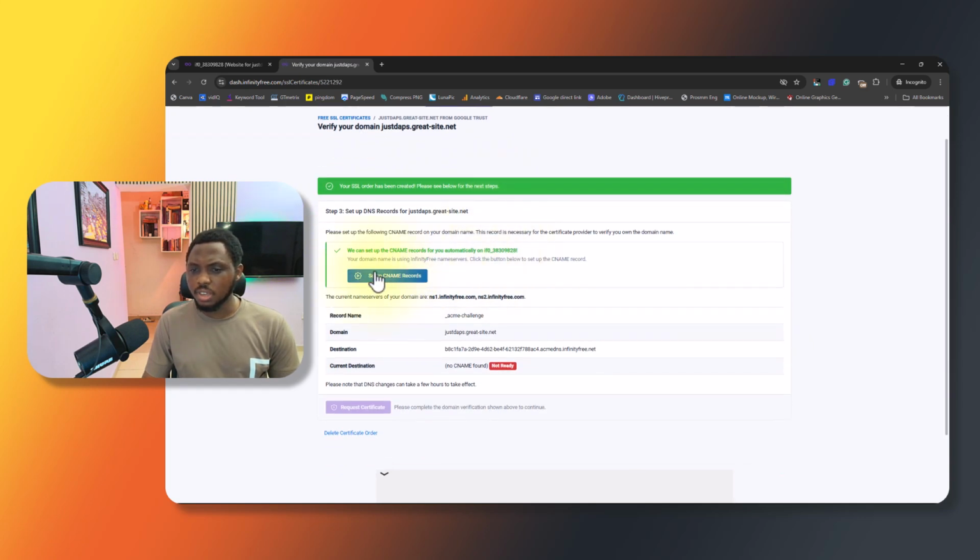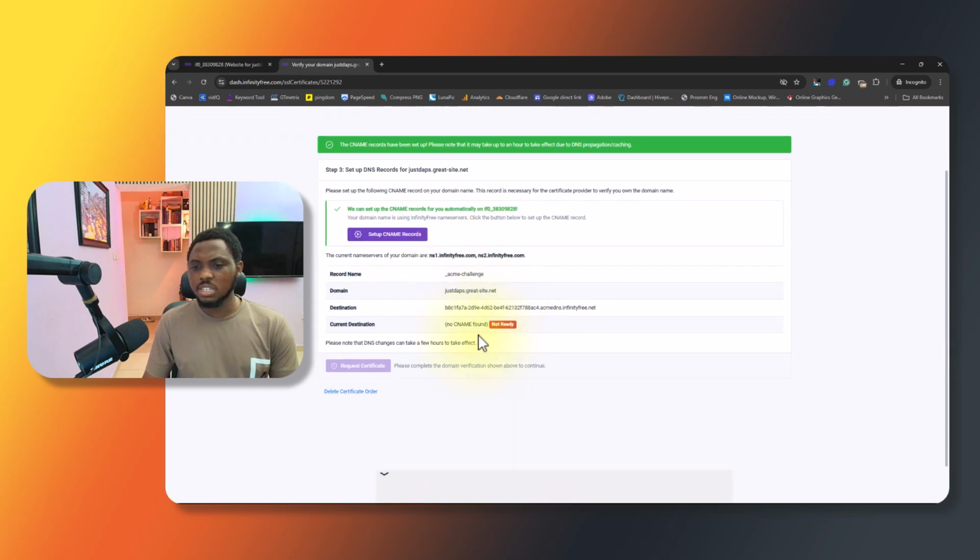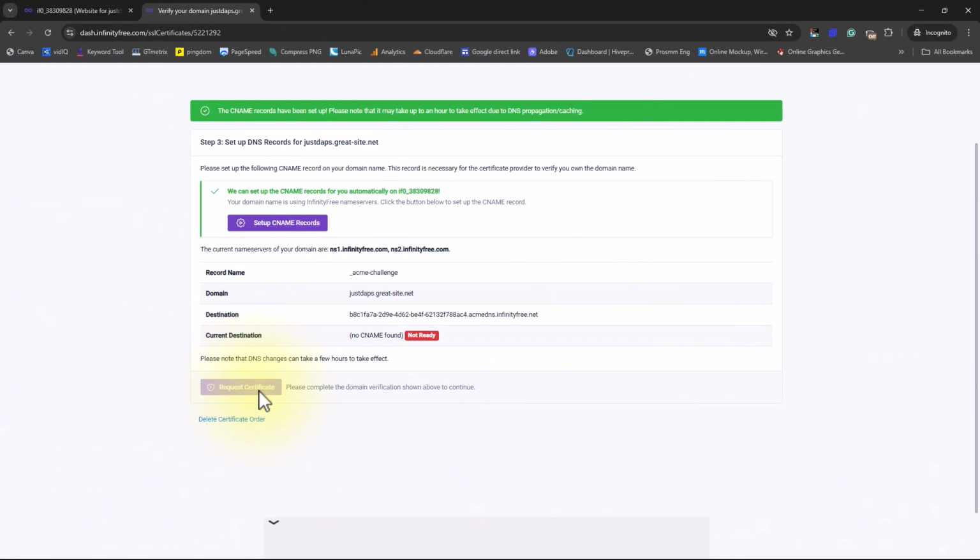And if we scroll down here, it says that we need to set up a CNAME record for this purpose. So now what we have to do is just hit this button that says set up CNAME record. And you can see this is not ready. This might take some time to set up properly before we can request this certificate. So we're going to give this some time to finish up. So while we are waiting for this to finish up, the next thing we can do is